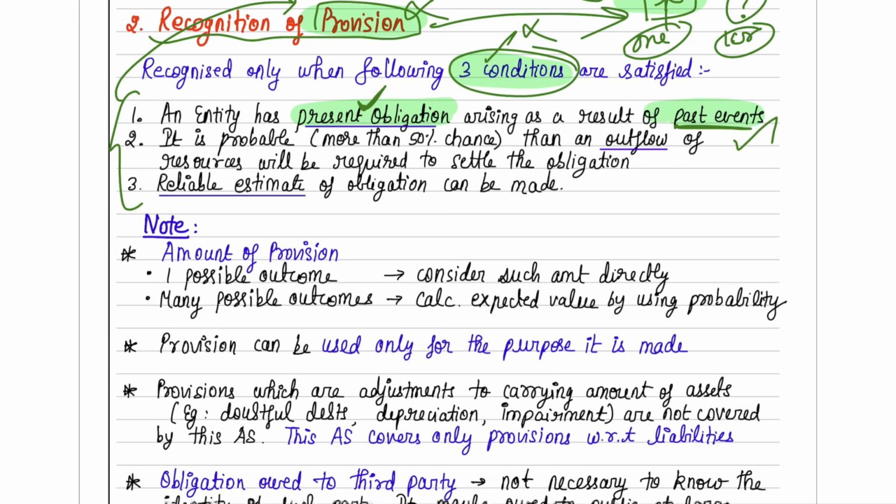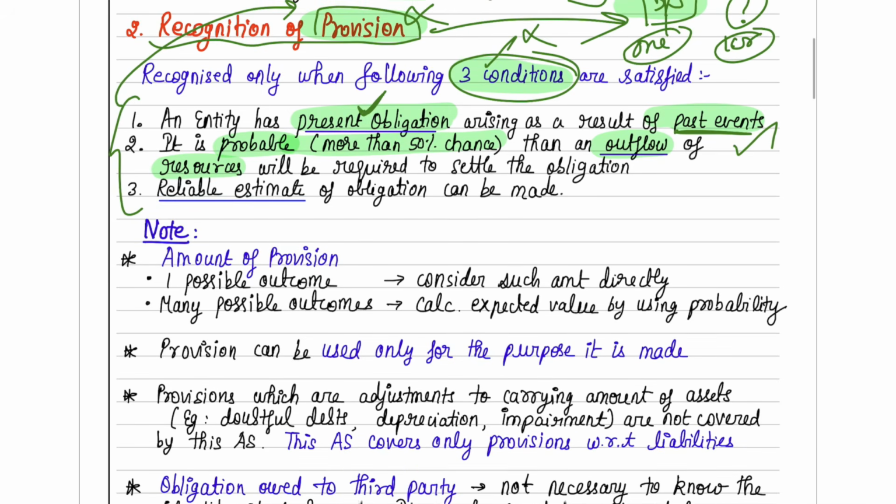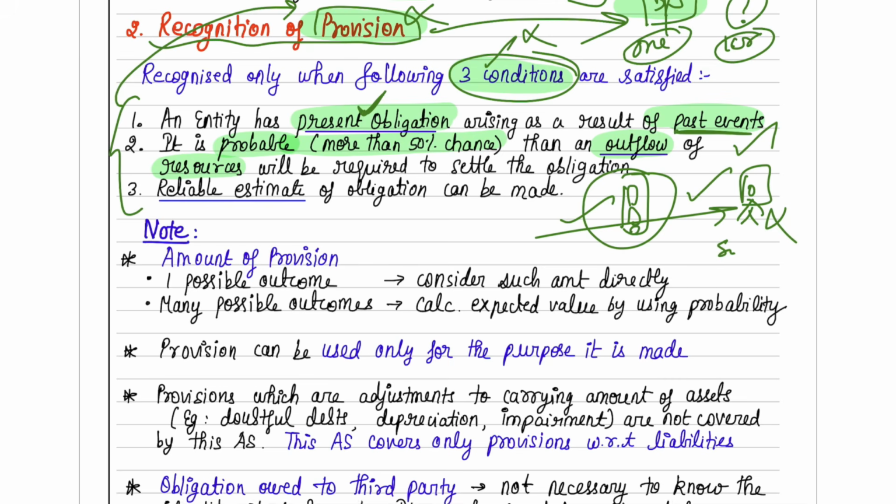Okay, then they tell you that it is probable, that more than 50% chance is there that there will be an outflow of resources. So here they are saying, suppose you broke the traffic signal. Now you know that the policeman who is standing there will not put any fine on you. Here you have done a past act, there is an obligation on you to pay the fine, but you know that the traffic police is your friend, or maybe you are the son of a big police officer, so even if you have broken the signal, you need not pay any money. So here it is not probable that any outflow will happen,